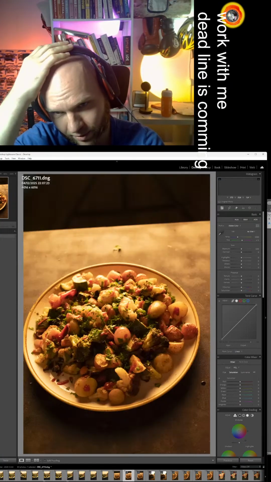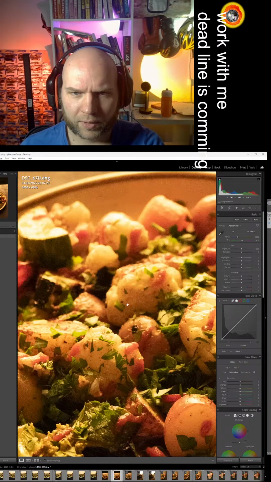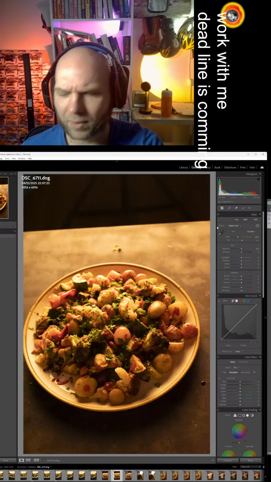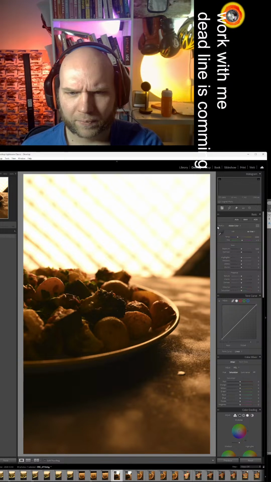Over here we turned off one light. We left only one light in the background. ISO is 12,000. Let's take one of those photos. Why not? That's also good. It's nice.